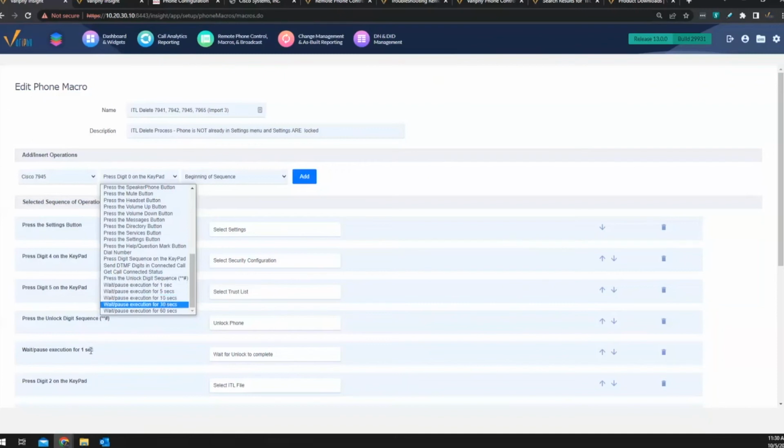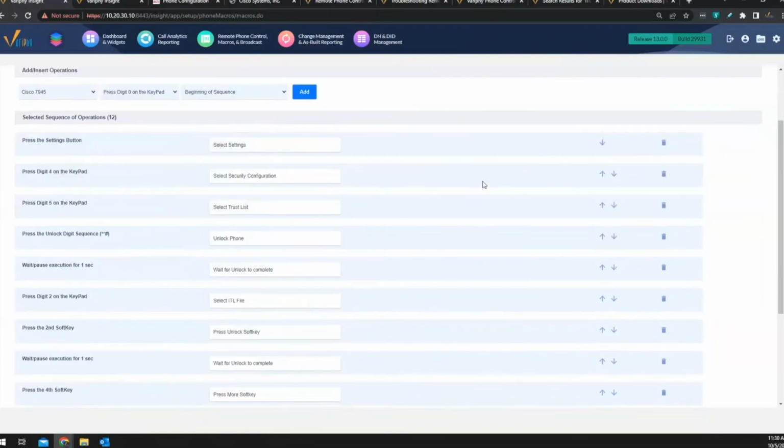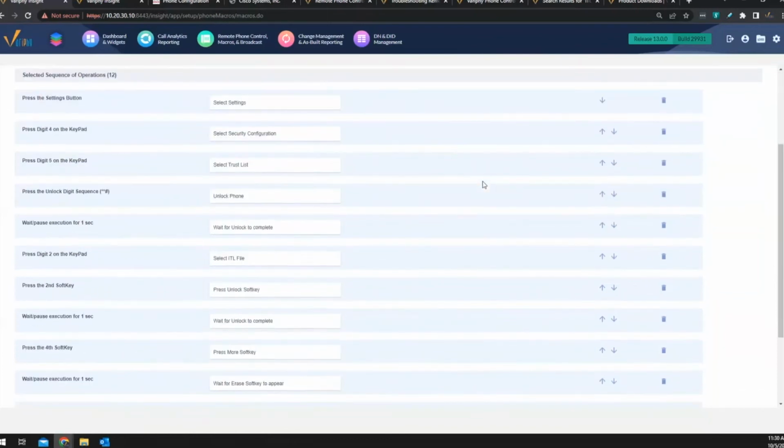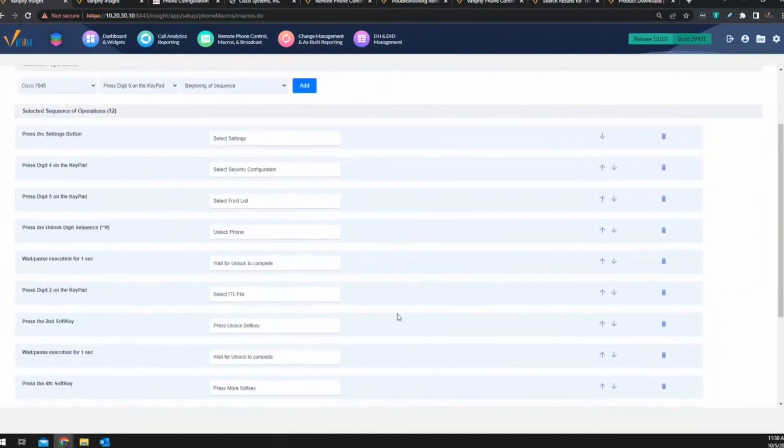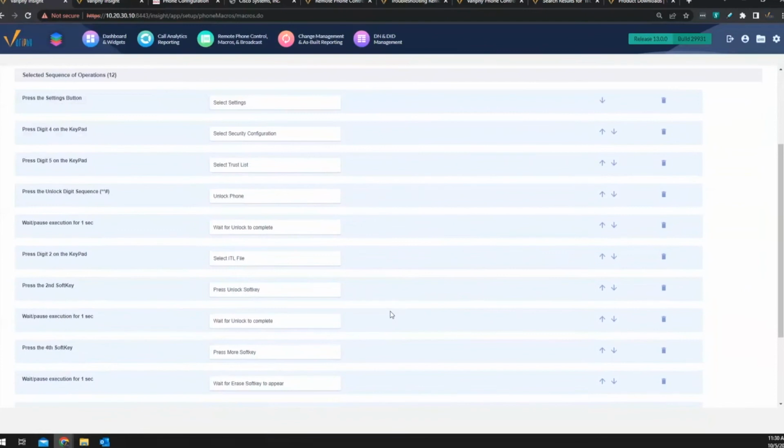They did a 1 second, but I usually do a 10-second just because sometimes it takes a little longer. And then it really depends on your network and how fast it's able to execute these scripts to get to the phone. But sometimes you may have to put wait pauses in between steps if it fails on a certain step because it needs more time to complete before it gets the next command pushed to it.